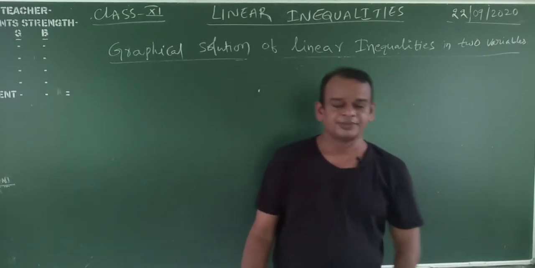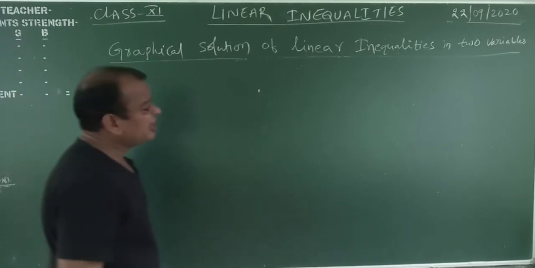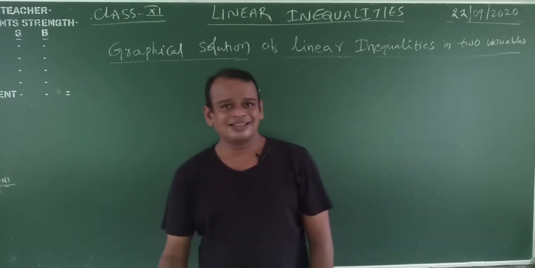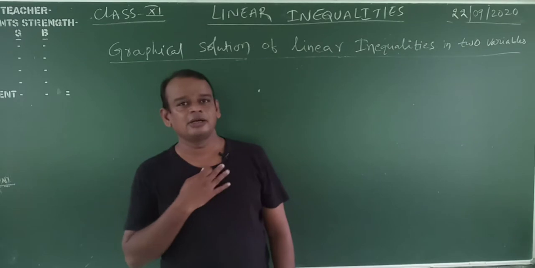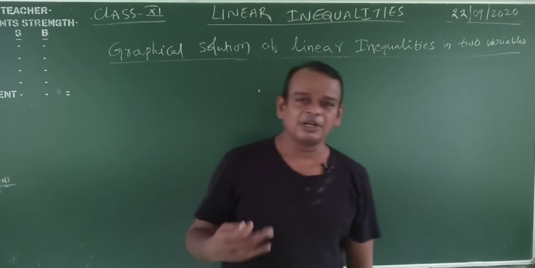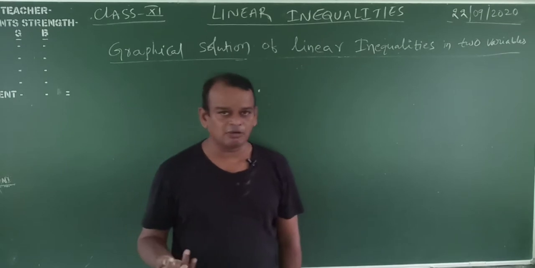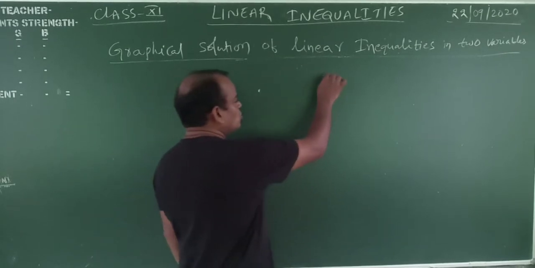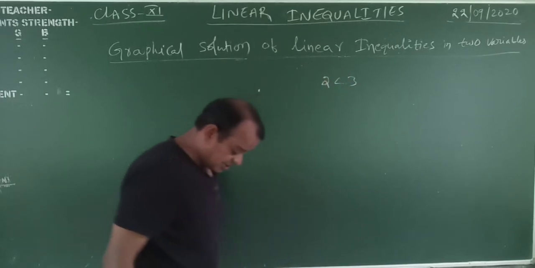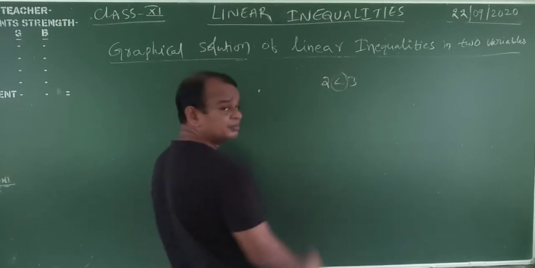Hello, my dear students. Before class, we discussed linear inequalities. You know the unequal symbols: less than, less than or equal to, greater than, greater than or equal to. We write any relation between two numbers or two algebraic expressions by using inequalities. Now, suppose 2 is less than 3. Yes or no? I explained this already before class. 2 less than 3 is called an inequality.